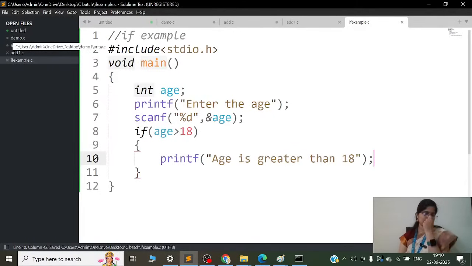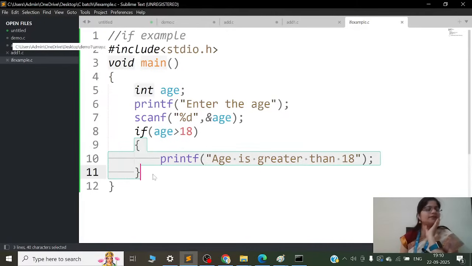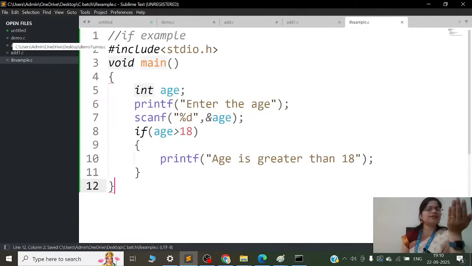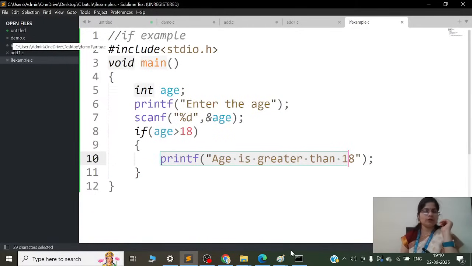ठीक है. सो इफ द कंडीशन इज ट्रू, ये कंडीशन फुलफिल होती है तो ही ये ब्लॉक ऑफ कोड रन होगा, अदरवाइज ये ब्लॉक ऑफ कोड रन नहीं होगा. सो अगर एज 5 दिया है तो 5 इज नॉट ग्रेटर देन 18 तो ये ब्लॉक ऑफ कोड रन ही नहीं होगा. योर प्रोग्राम विल टर्मिनेट और एंड द एग्जीक्यूशन. बट हाँ, अगर एज आपने ज्यादा दिया है तो ये ब्लॉक ऑफ कोड रन होगा.